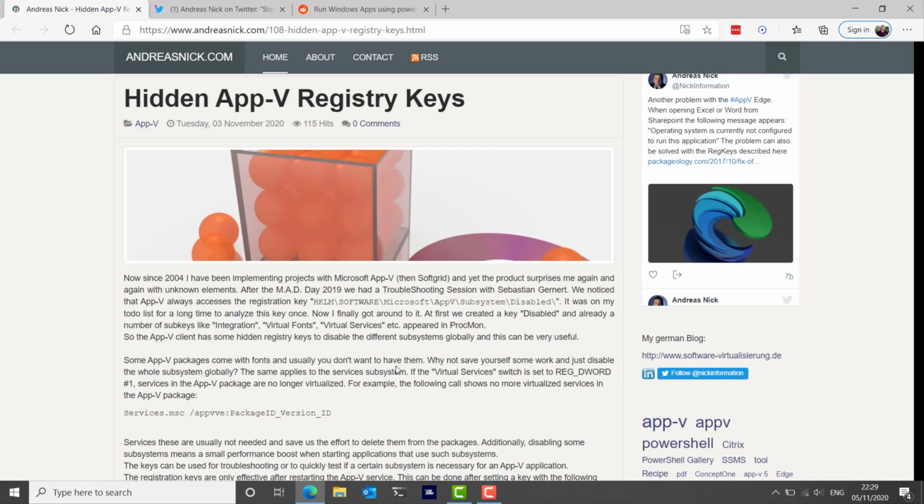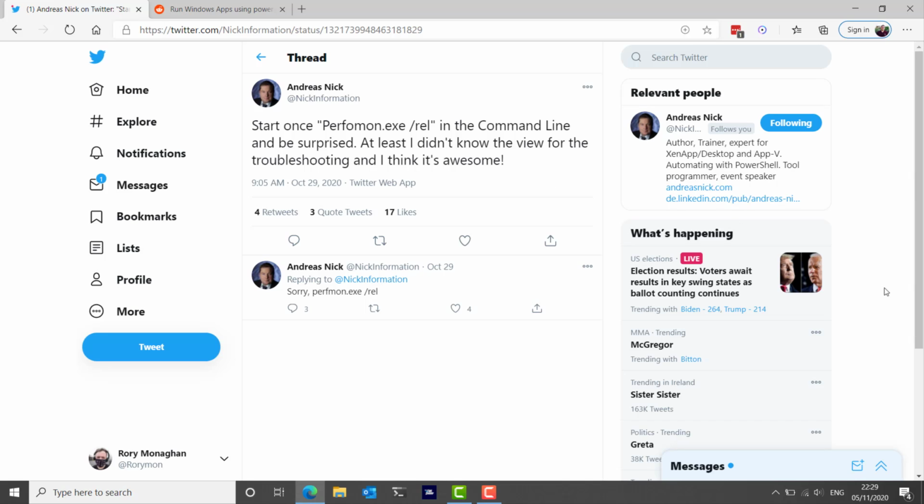And because AppV is kind of on the way out, it does still have like 6 years of shelf life or so left. But I feel like they're not going to fix that sort of thing. So it's best just to make sure everything that you want captured within your package is set correctly before you stop the monitoring within the sequencer. Andreas also had a very useful command with Performance Monitor to see a history of your machine's reliability issues. That's